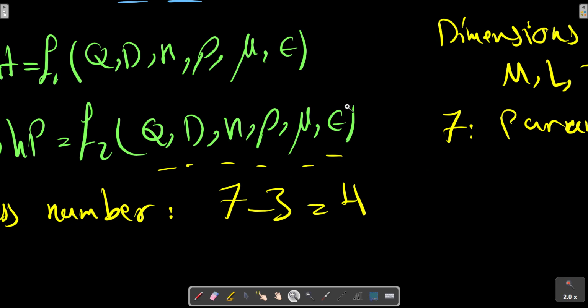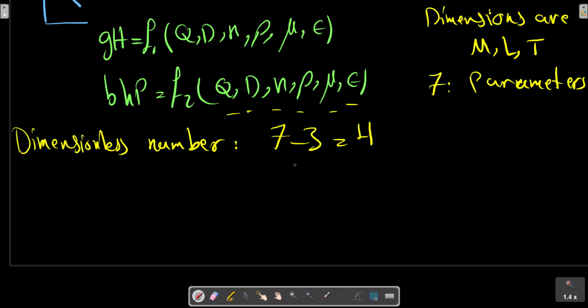With the dimensional analysis theory, for example the pi theorem, we can obtain this relation as dimensionless numbers. The first one is